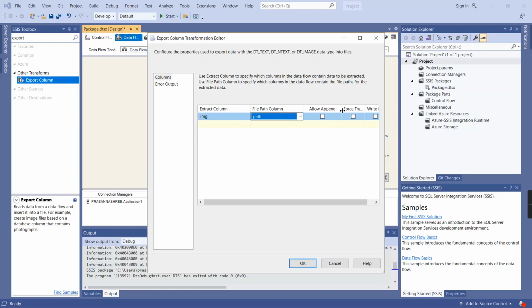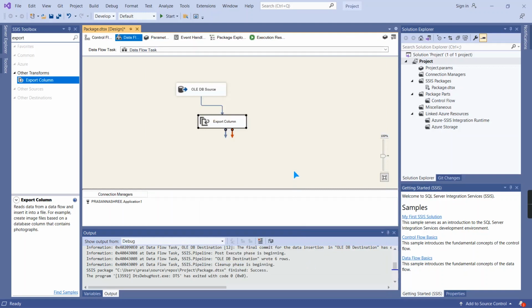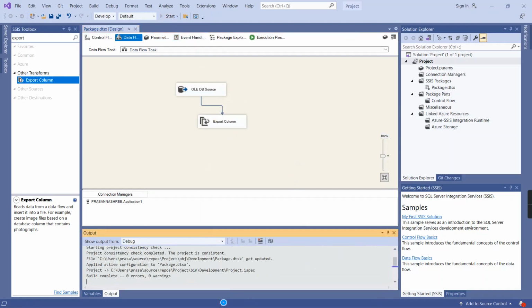We have multiple options here: allow append, force truncate, which is used to delete if values are already present in the target, and write byte mark. Those options are there; we can use them if required. Give OK, save, and start the execution.